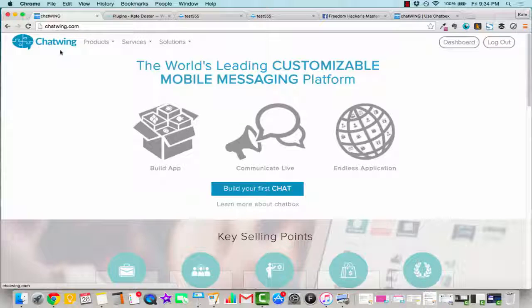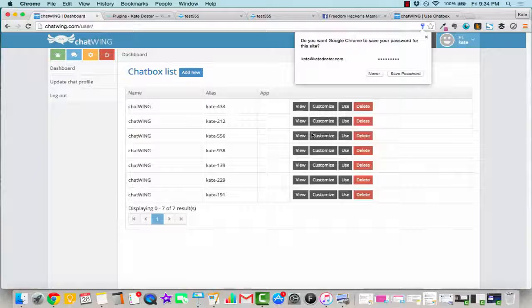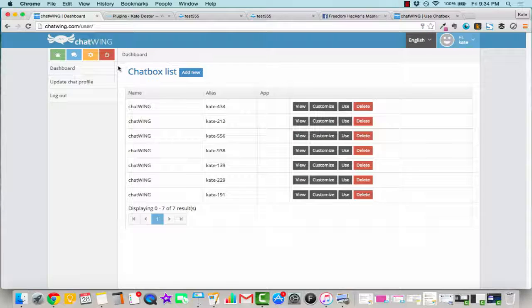To chatwing.com, and I'm going to log out, but you would hit login or build your first chat. You are going to have to create an account, which is fine, no worries. Log in here. And you are going to notice that I already have some boxes made. But what I want you to do is go up to Dashboard, Add New,